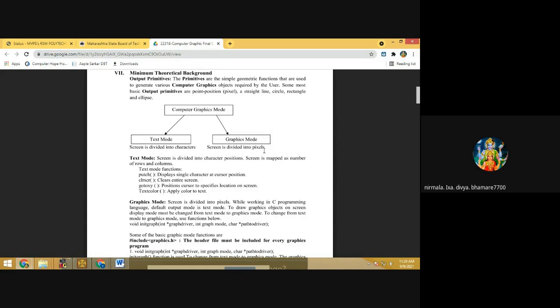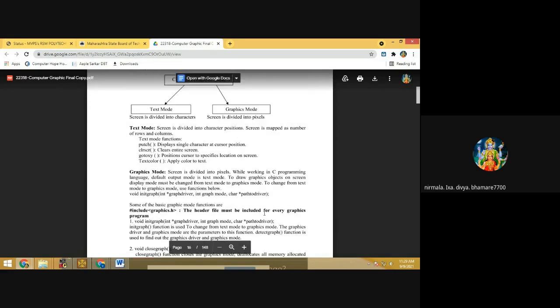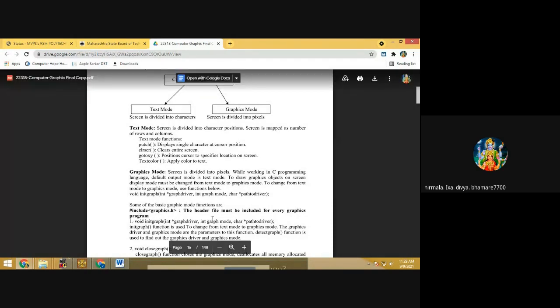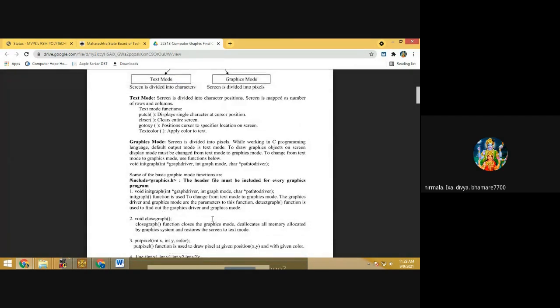You just remember the use of the initgraph function. What is the use of the initgraph function? To switch from text mode to graphics mode, we have to write the initgraph function. Okay. Then some of the basic graphic mode functions are, first,